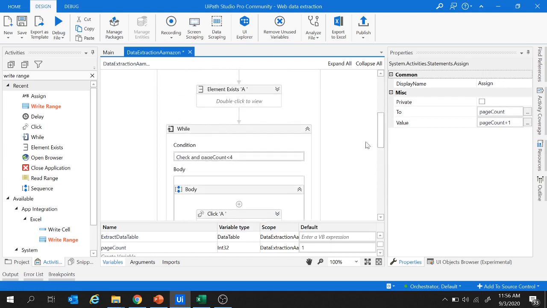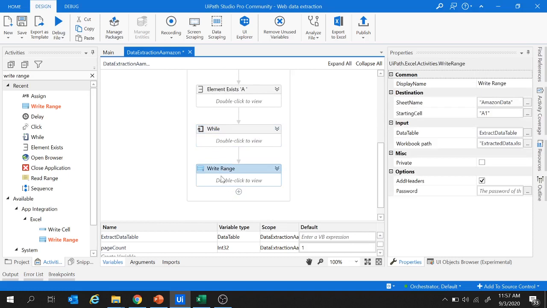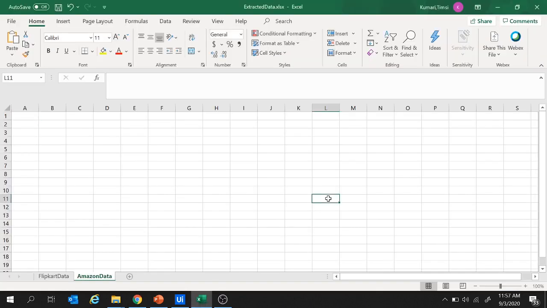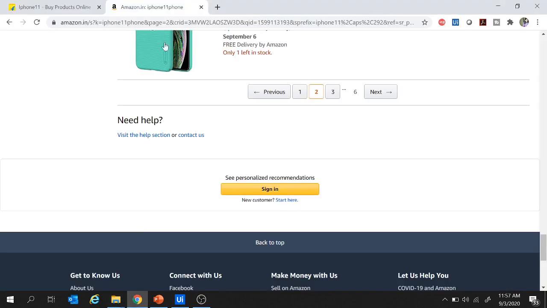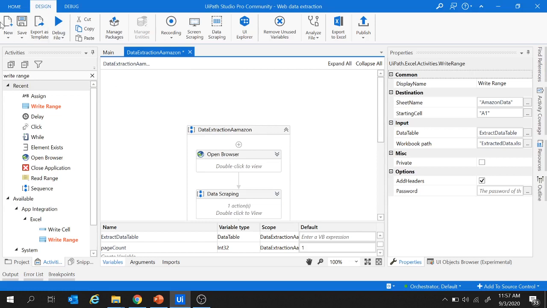So this was inside the while loop, and once the while loop is over, it's going to write the data inside the Excel. So let's see how this project works. I'm going to close this Excel and I'm going to close this website as well. Let's save this project and let's quickly run it to see how it works.